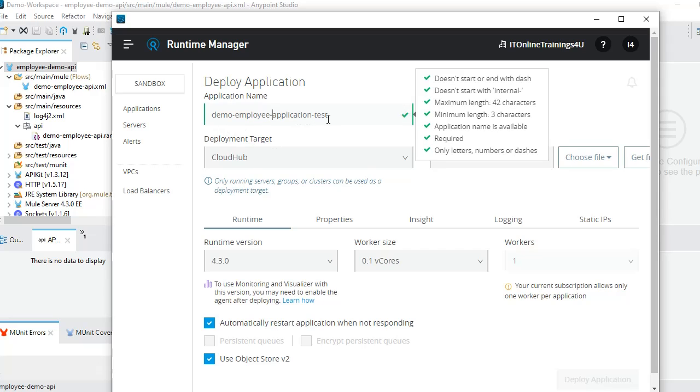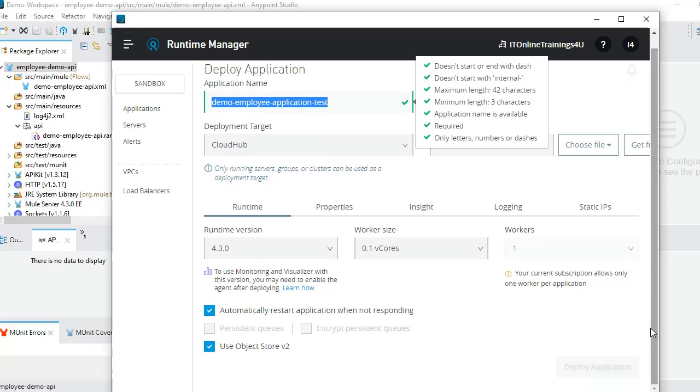Okay, I have given my name here, and deployment target would be Cloud Hub by default. Runtime is a 4.3.2 runtime, so we don't need to change anything for now.